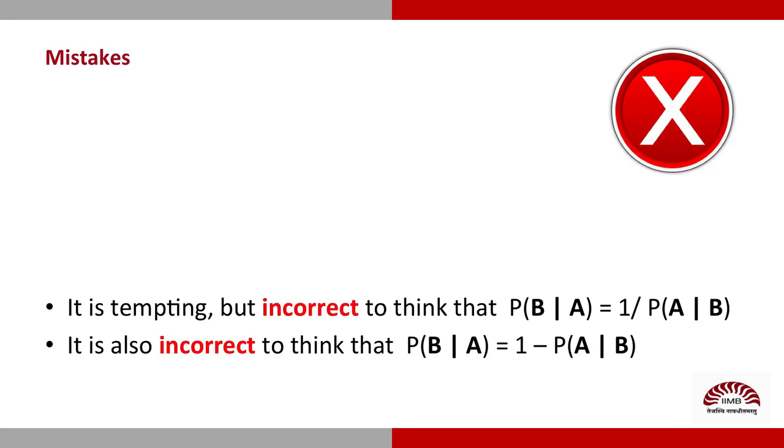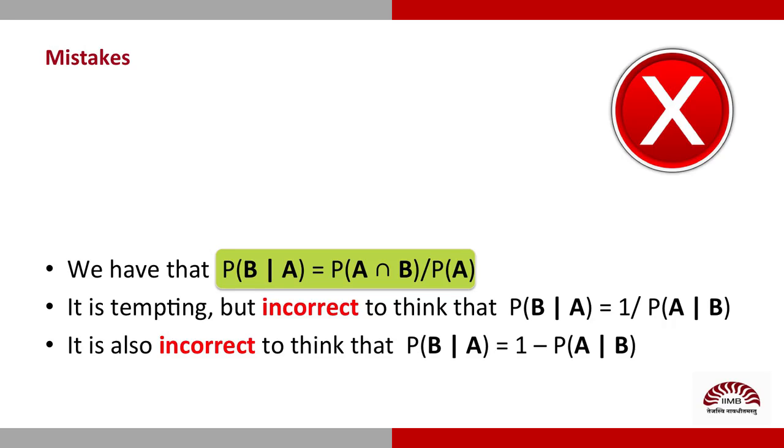So Lisa, what is P of B given A? I wasn't listening. Is it 1 over probability of A and B? Tempting, but the reciprocal can exceed 1, it's not a probability. Try again. Sorry, is it 1 minus the probability of A given B? Wrong. That looks like guesswork, Lisa. By our definition, P of A given B is P of A intersection B over P of B, and it has no easy relationship with P of B given A.